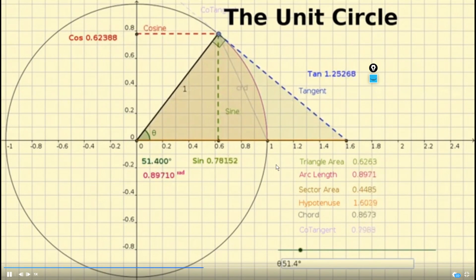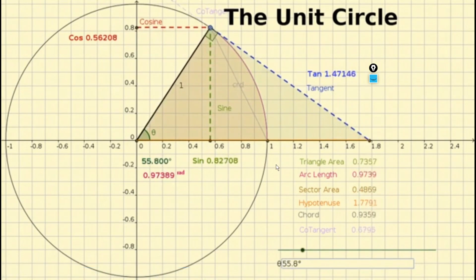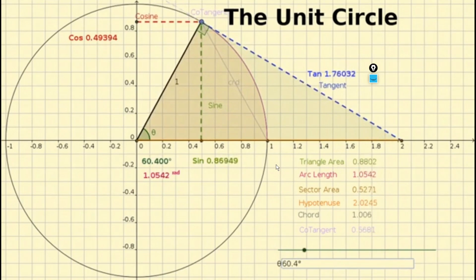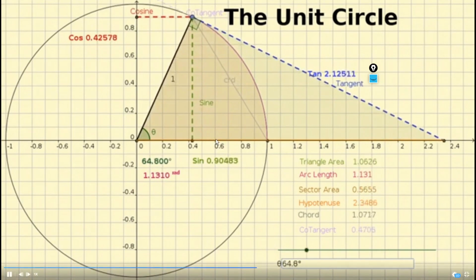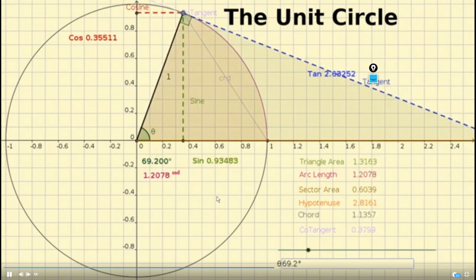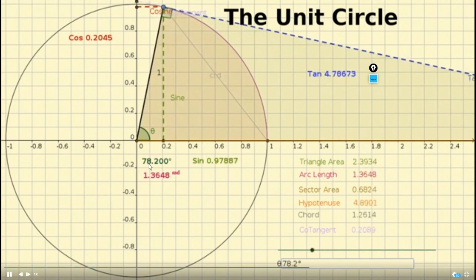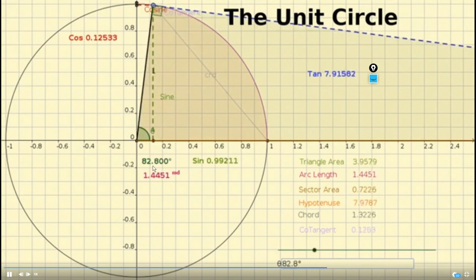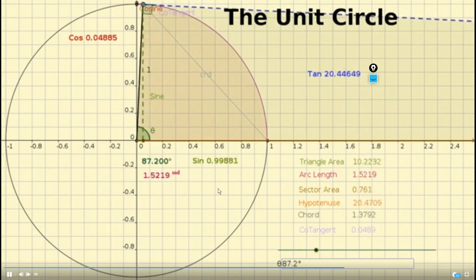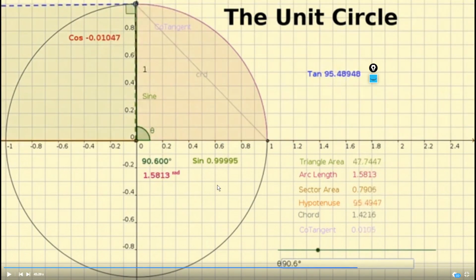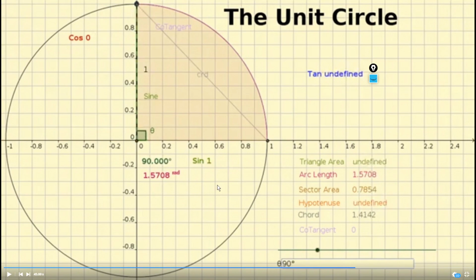So we use the unit circle to give us reference triangles for different kinds of degrees, okay? And if you'll recall from two weeks ago, it's getting closer and closer to the top, 74, 75, 76, 77, 78, 79, 80. I'm going to stop at around 90 degrees, best I can. Perfect. Okay, so it's at 90 degrees now, and you'll notice the hypotenuse is 1, sine is 1, cosine is